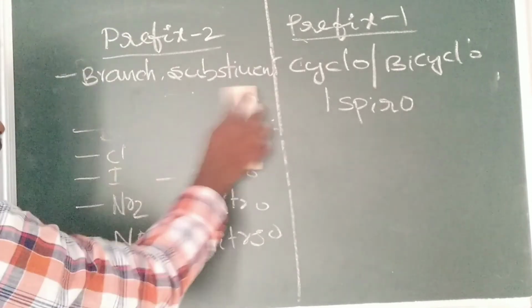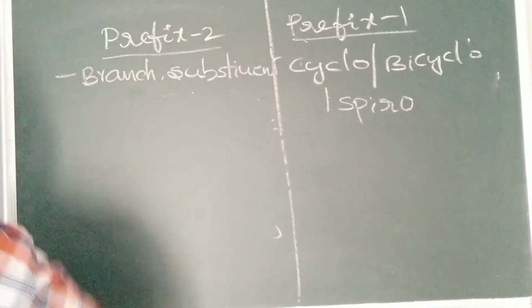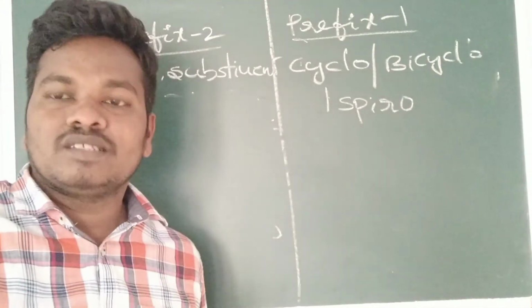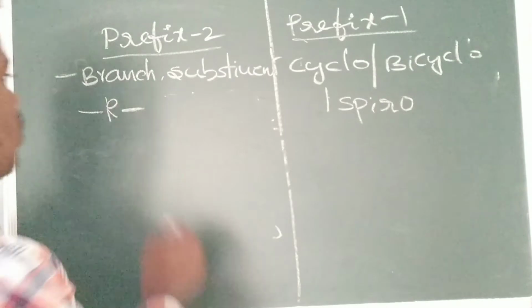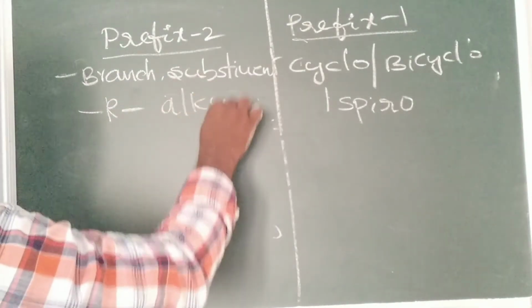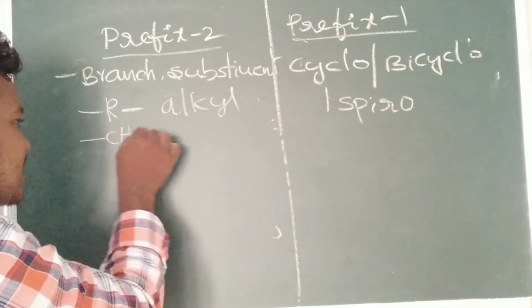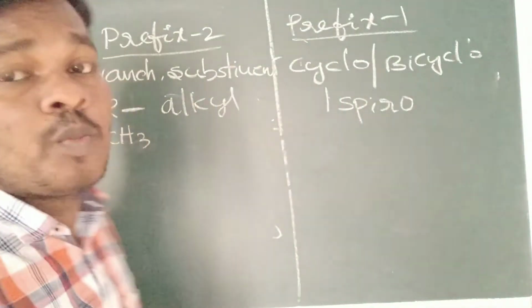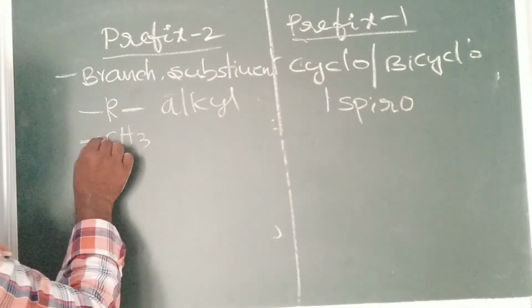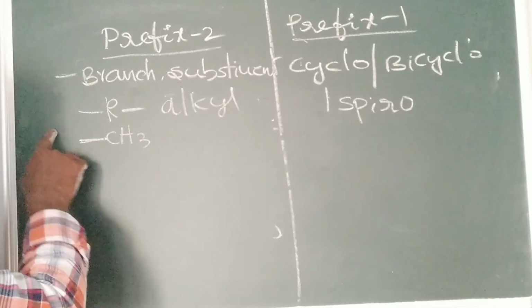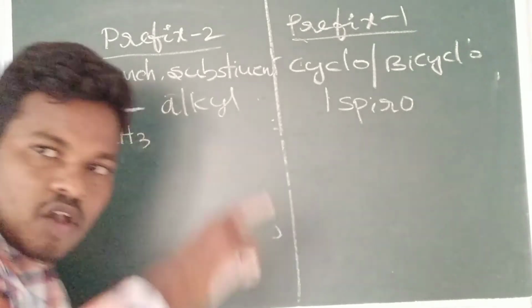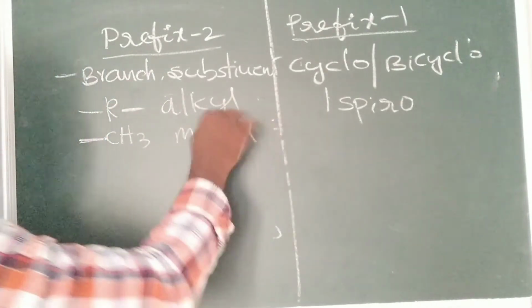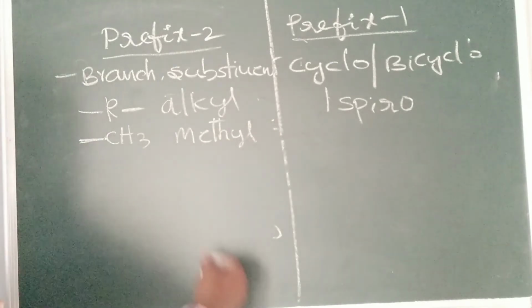Next, you can see the same flow continuation. For example, R is presented. The number of carbons, methyl group and so on, so alkyl group is called. In the alkyl group you can write methyl, ethyl, anything. If only one carbon with three hydrogens, a methyl group is present. This bond indicates that it is attached to the main chain, so it is called methyl. Methyl, ethyl, propyl, butyl, we know.